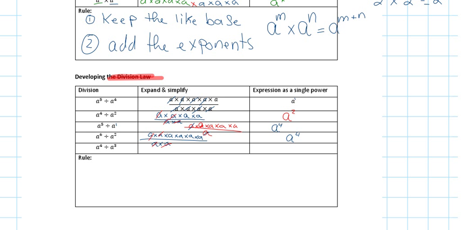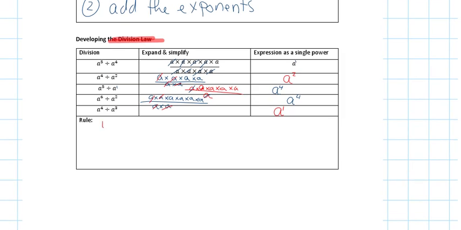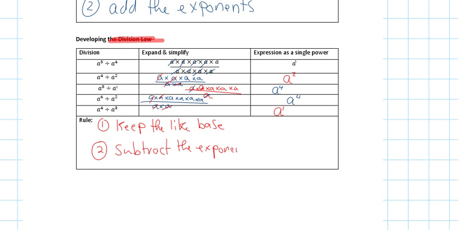Okay. What do you think the answer for the last one is going to be? A to the power of 1, which is just a, right? You can write the power of 1, but you don't need to write it. Okay? So, the division law says keep the like base and subtract the exponents. So if I have a to the power of m divided by a to the power of n,